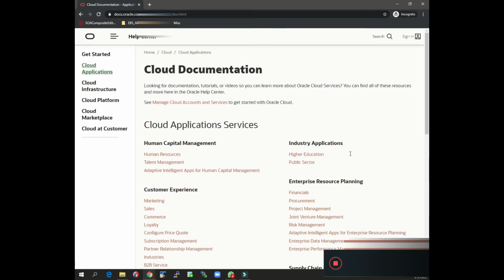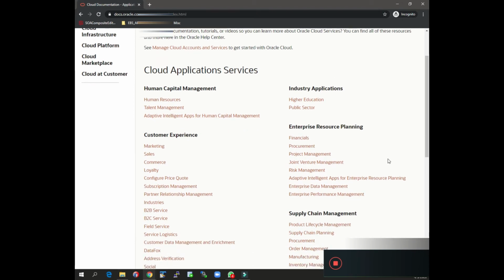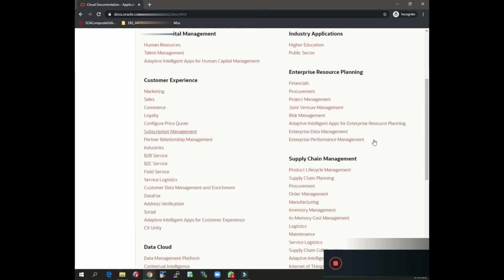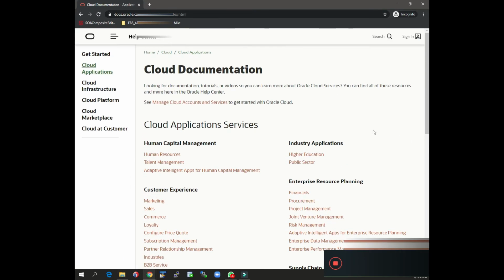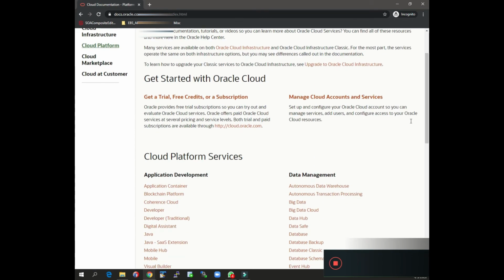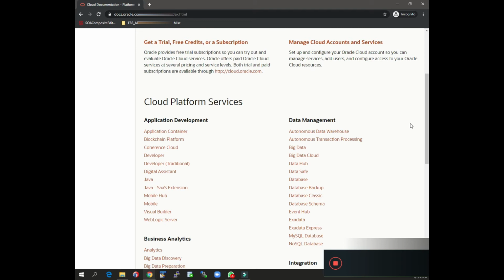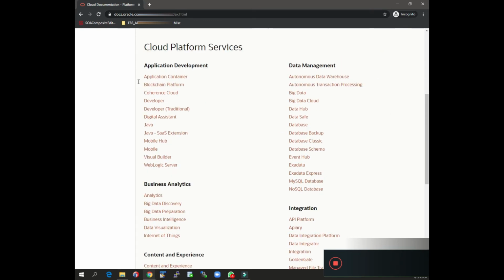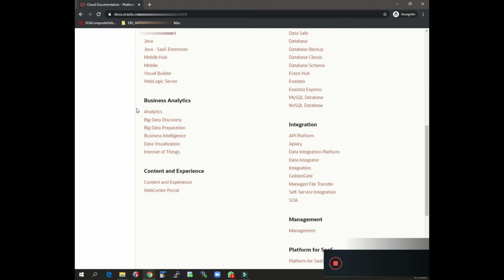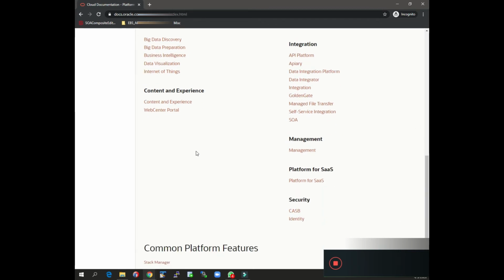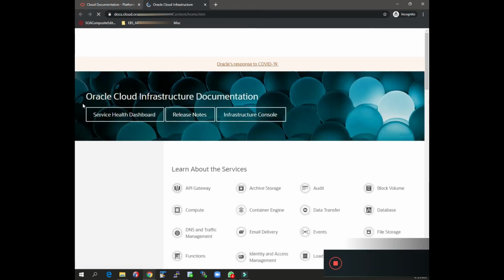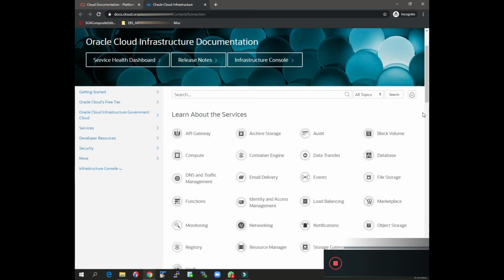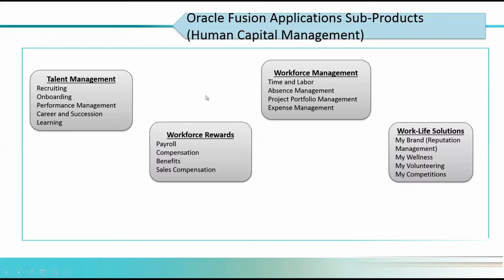And here you see the human capital management product family and its submodules, customer experience, supply chain management, and their submodules. If you go to cloud platform, you can see all the platform applications being offered out of the box: application development, data management, business analytics, integration, content experience, and security. Similarly, if you go to cloud infrastructure, there you can see the infrastructure as a service related applications, basically. Fusion application families.